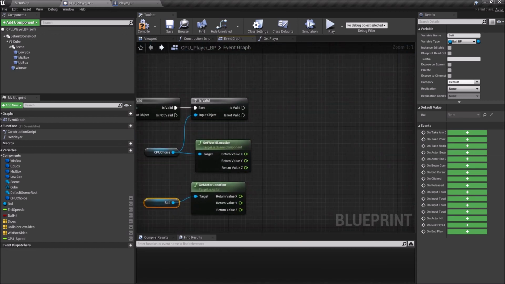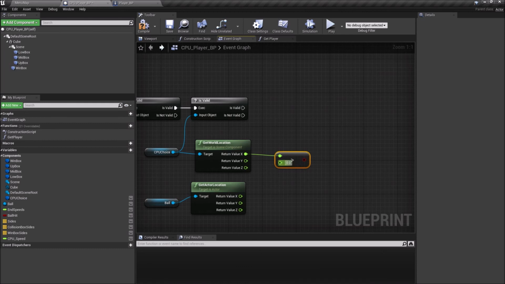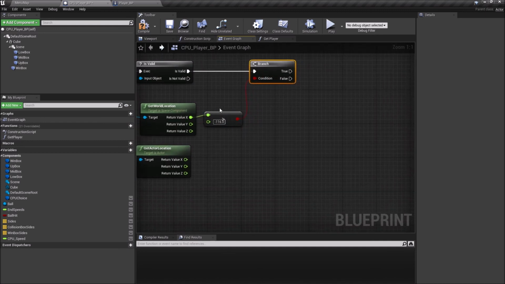So if CPU choice's x-axis in the world is greater than float, negative 116, I can add a branch node for that, hold B, left click, connect these up. It's greater than the lowest it's allowed to go, and if it's less,